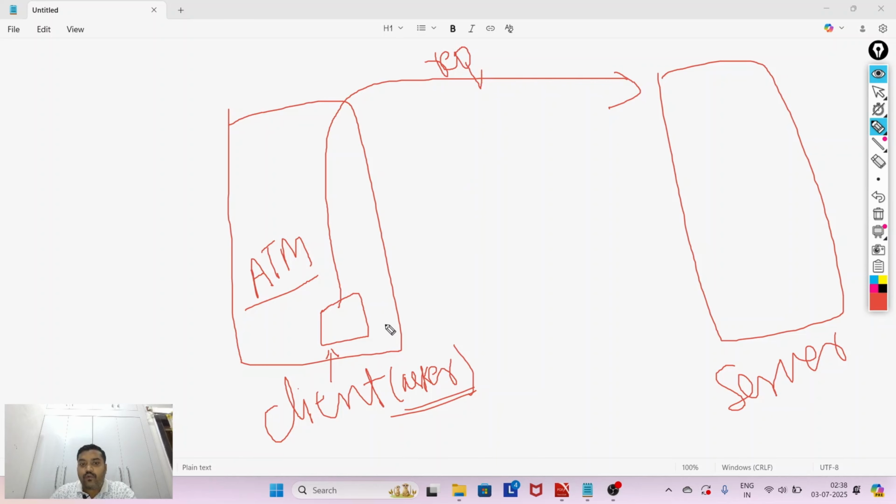Now you provide some pin, 1 2 3 4. Let's say you provide the pin. So this is called the pin. So you have authenticated with token. If you provide 1 2 3 4 as the pin, you have already authenticated the pin. Now if you ask for 5000 rupees,